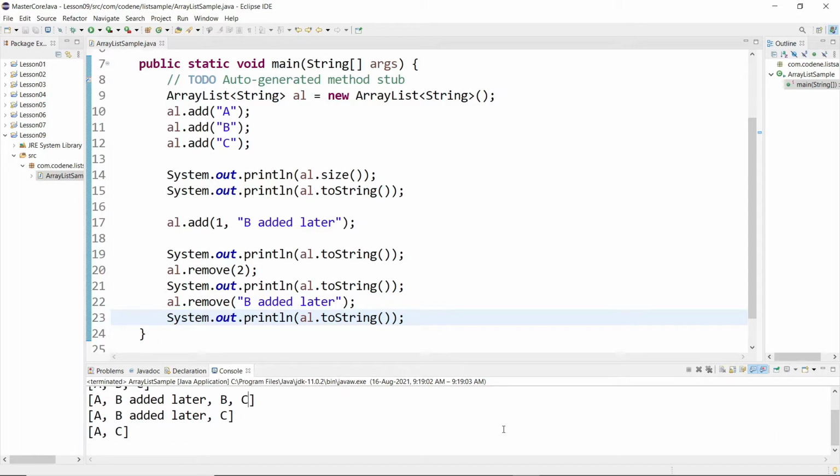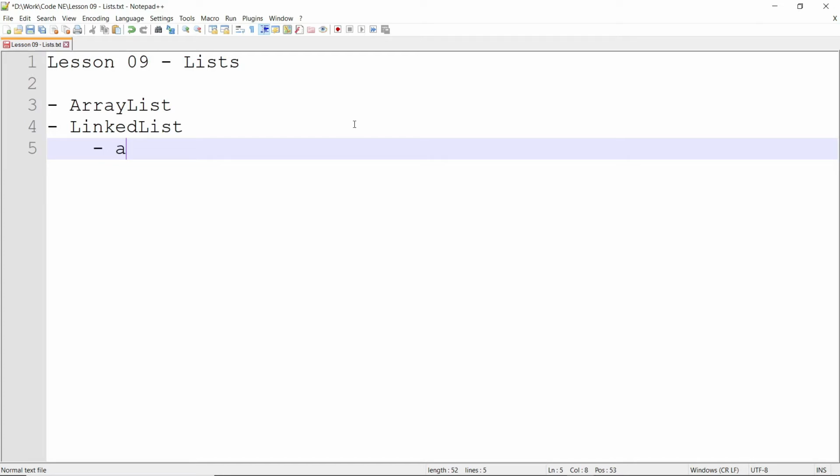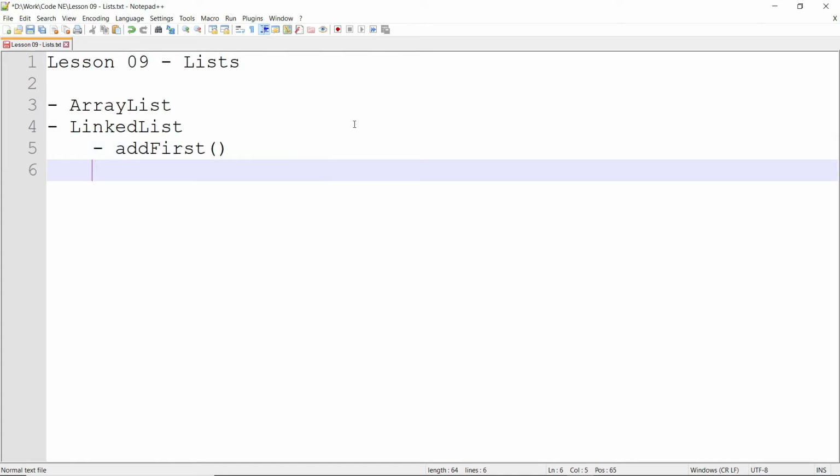So that means they will always be in a list, and when you remove any element from in between, it will simply move up. Okay, so I hope you understood the concept of array list, and next we will see how linked list works. So the next topic is linked list. Basically, linked list also works like an array list, but it implements list as well as queue. That means it has additional support of some more methods like add first, add last, and all those methods which can be a part of queue also. So it implements both the list and the queue interface.